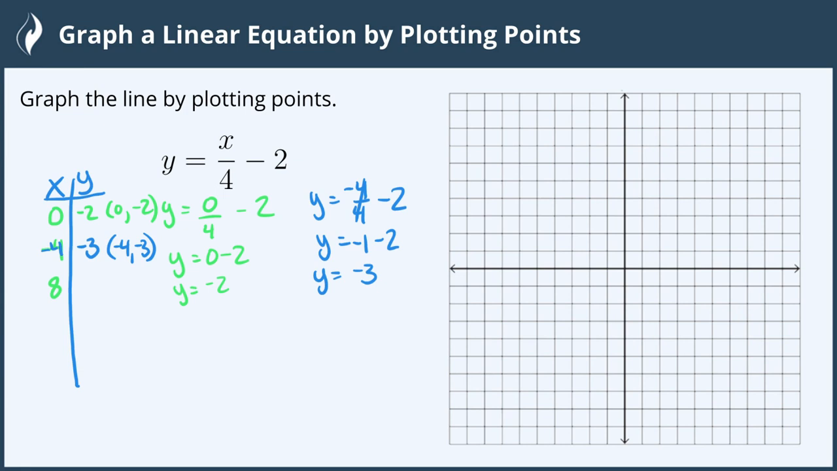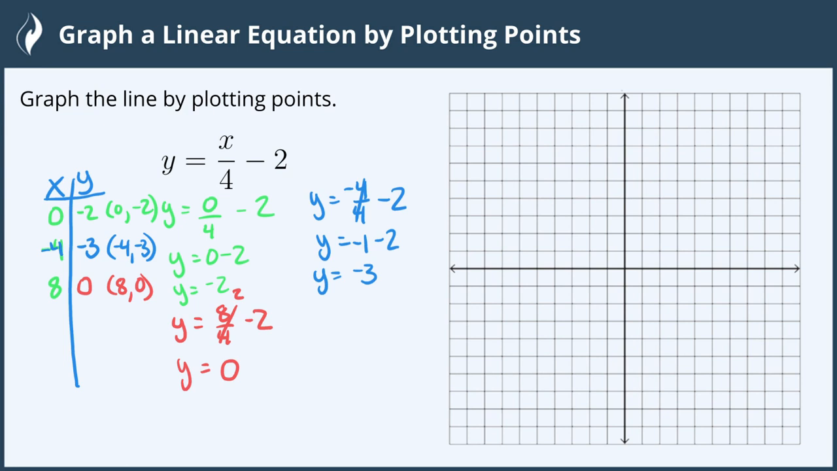For our final one, we'll substitute 8 in for x, so we get y equals 8 divided by 4 minus 2. 8 divided by 4 is 2, and 2 minus 2 is 0, so the y-coordinate is 0 for the ordered pair 8, 0. Now that we have all of these ordered pairs, now we just need to plot these